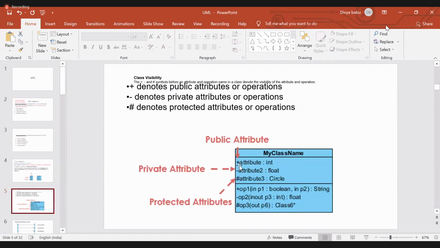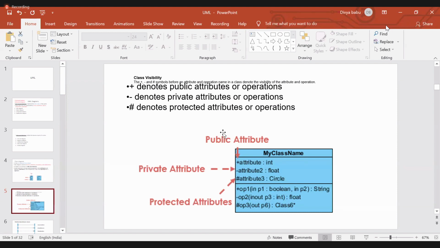Then for a class we can have public, private, and protected attributes. A class contains different types of attributes. Public relates to the visibility of the class: whether that particular attribute is visible within the particular class, from other classes, or common to all the classes. So we divide into private, public, and protected.